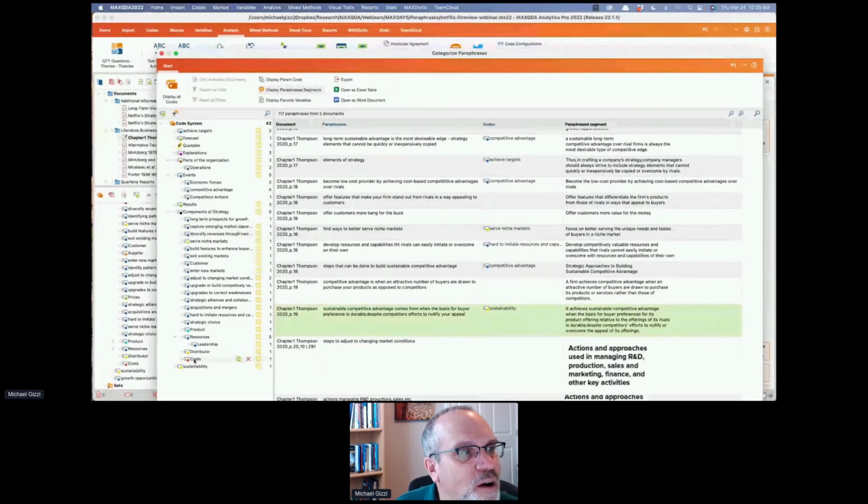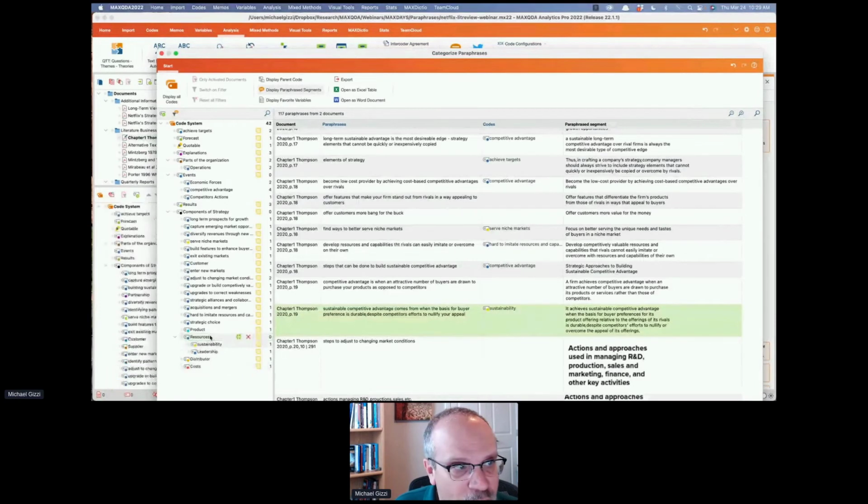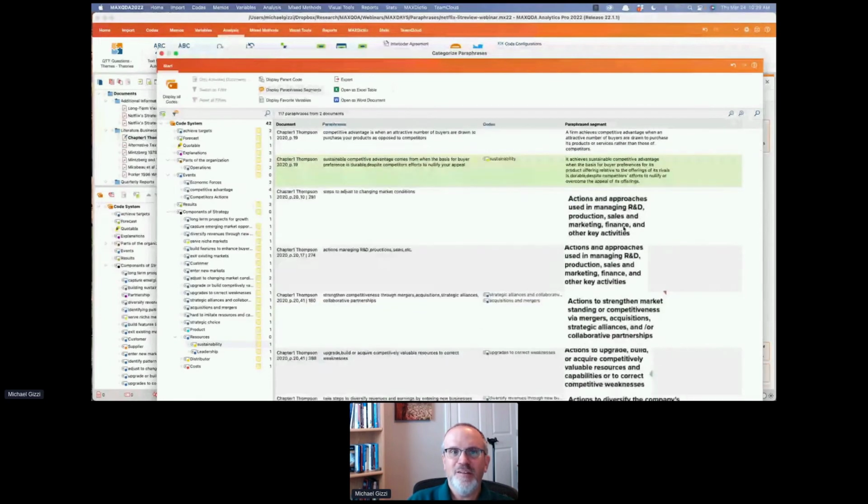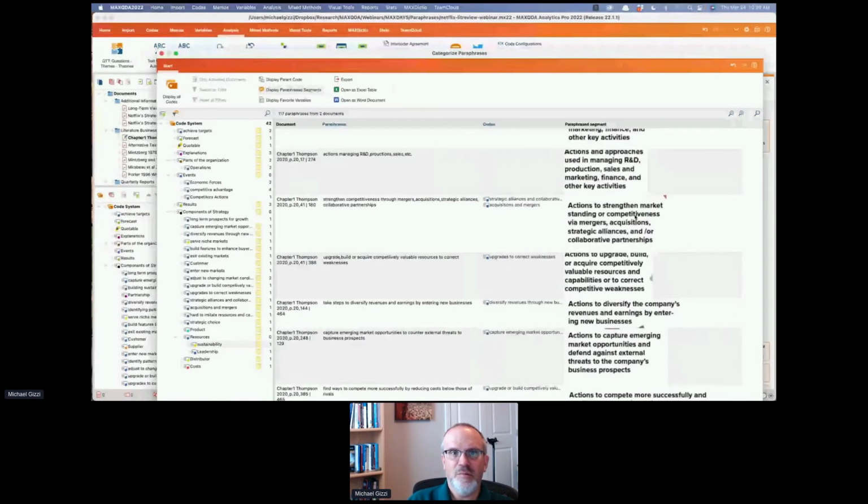And if I wanted to, I could move this into another category if I want. So I can organize codes. So I'm categorizing and organizing codes this way. You'll notice here, some of these were from graphics, right? Those graphics show up visually as images.